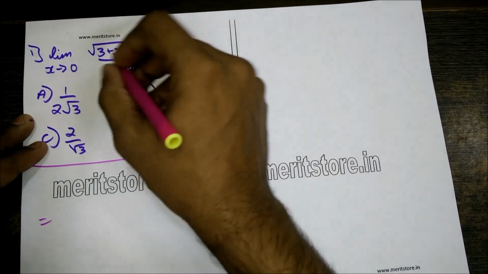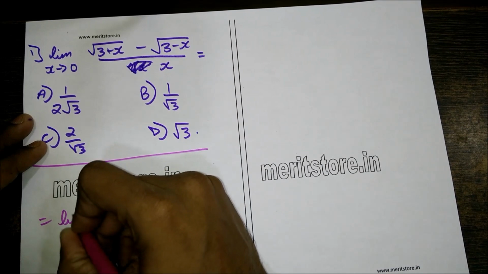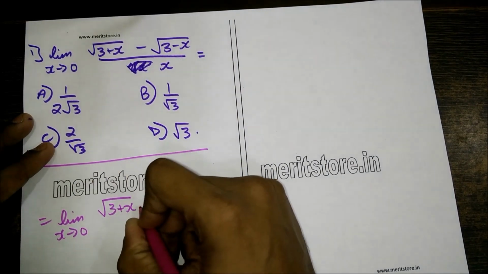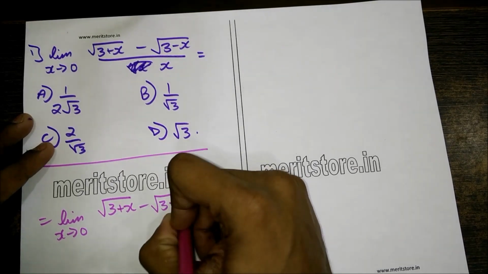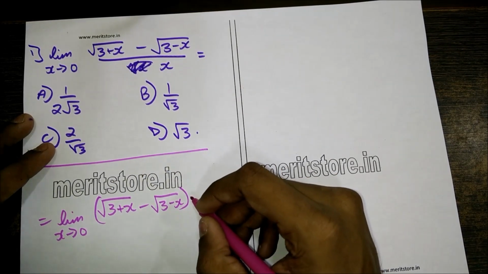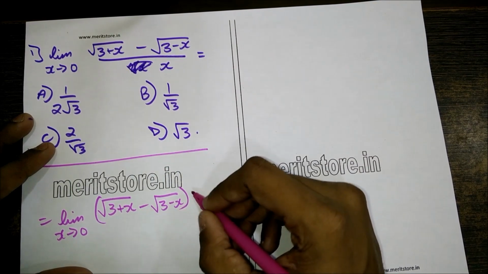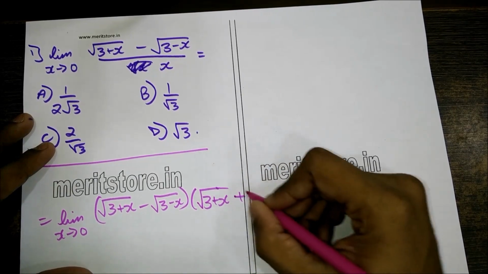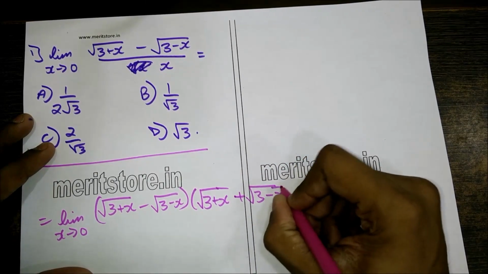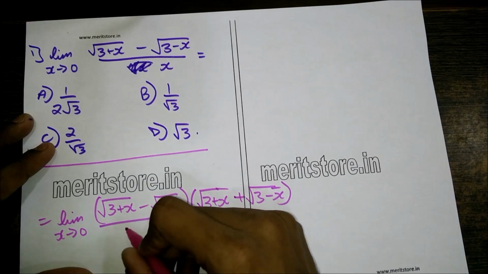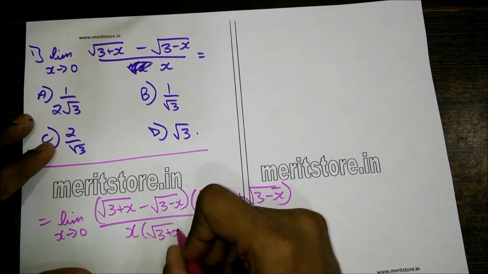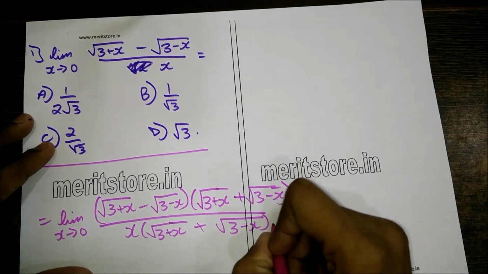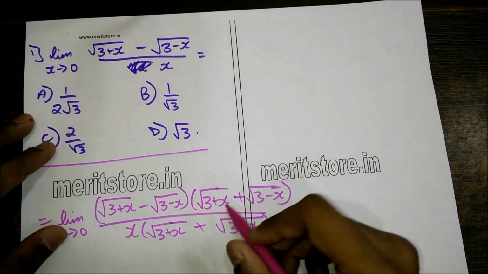So therefore from the question we get limit of x tends to 0, root of 3 plus x minus root of 3 minus x, and we multiply and divide it by its conjugate, root of 3 plus x plus root of 3 minus x, upon x into root of 3 plus x plus root of 3 minus x. So from this we get